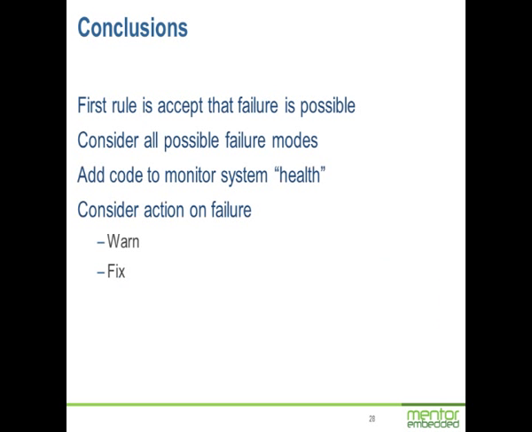So to wrap up, the first rule about self-testing is the acceptance of failure as a possibility. We live in a world where we assume everything works all the time. That's a world of fantasy. We do our best to consider all possible failure modes. I don't claim to have covered every possibility in this talk, but I've given you a flavour for the kinds of things that we should worry about. And just adding a little extra code just to monitor the system health seems only sensible to me. How you incorporate that into your system depends on the kind of system you're building, but there's usually an opportunity. And then lastly, consider the action on failure. Can you just warn somebody, or can you fix it, or are you just in deep water?